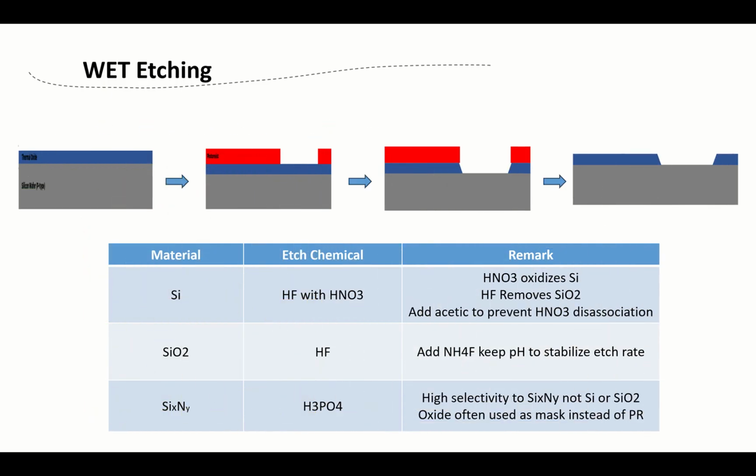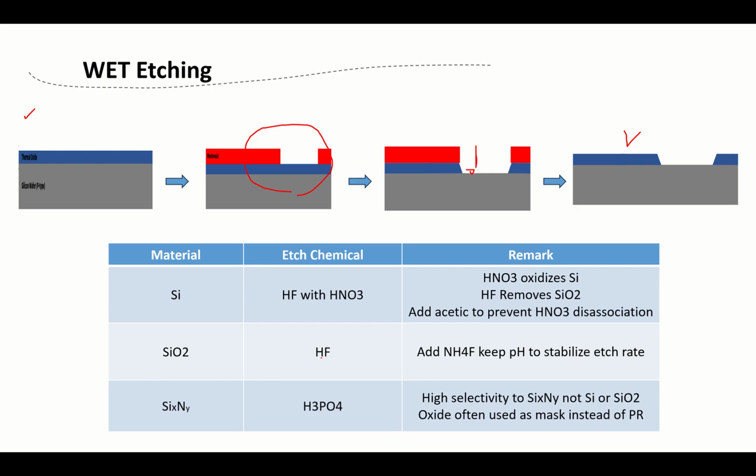So this is a common etch process. You apply PR on it, you expose it like what we said in previous lectures, then you develop it to define where we want to etch. Then you do etching, then you remove the PR to get what you want. So for etching,